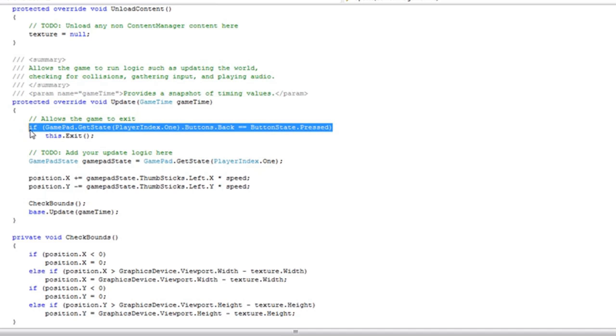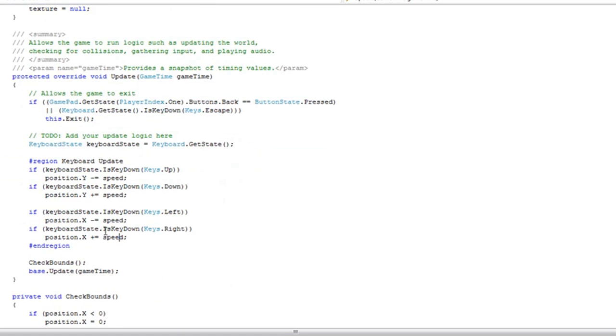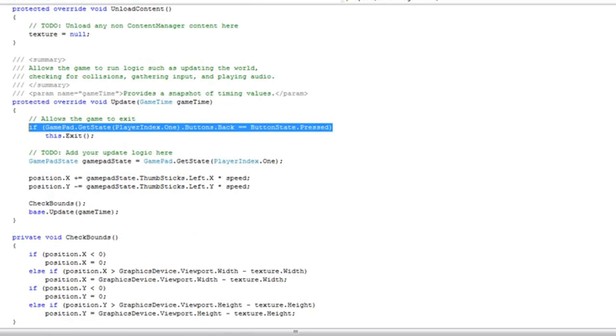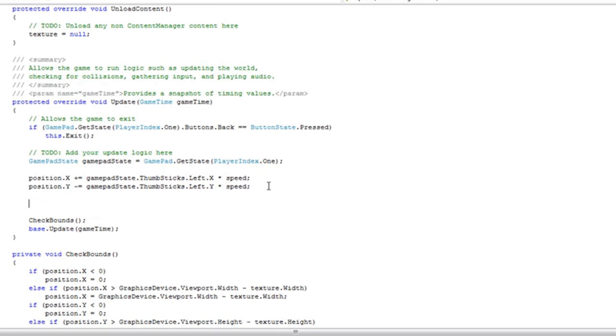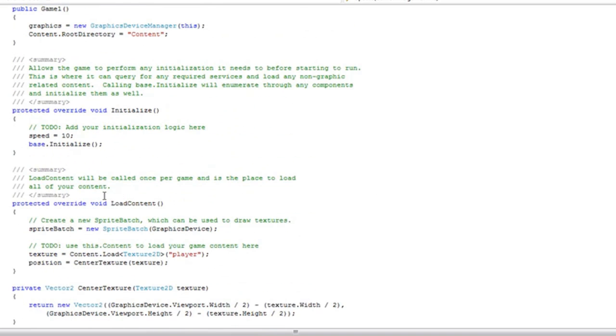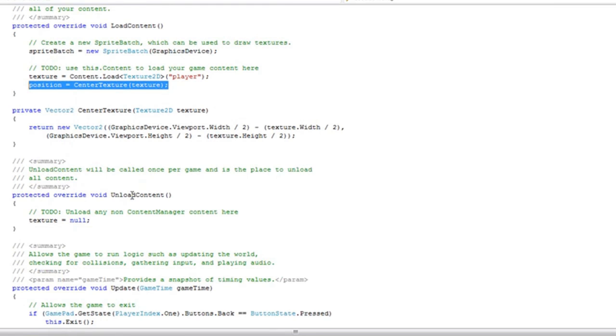You remember in the keyboard movement, when we did key presses, we just did is key down, a property, and then we set that equal to button state.pressed, and that returns a boolean. So if we press A, let's just demonstrate that. So we have when we get the texture in, we center the texture. So let's just demonstrate a button press by, if we press A, we want the position to go back to